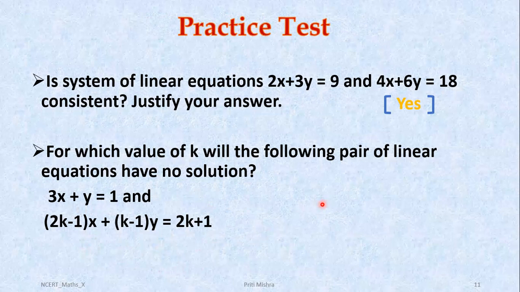So now I am going to tell you the answer. The answer is: the value of k will be 2 and k will not be equal to minus 2. As you will have three ratios here, just by considering two ratios at first, you will have two types of solutions, meaning you will get k is equal to 2 for the first two ratios, and for the other pair of ratios you will get that k can't be equal to minus 2.